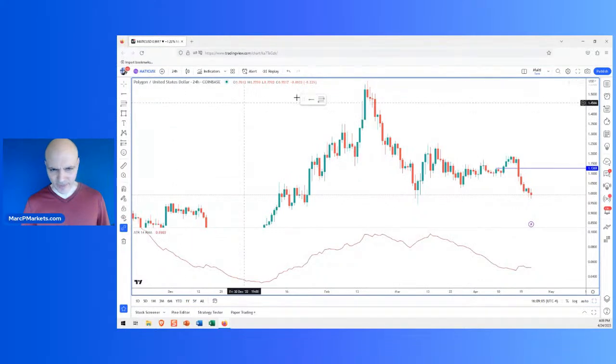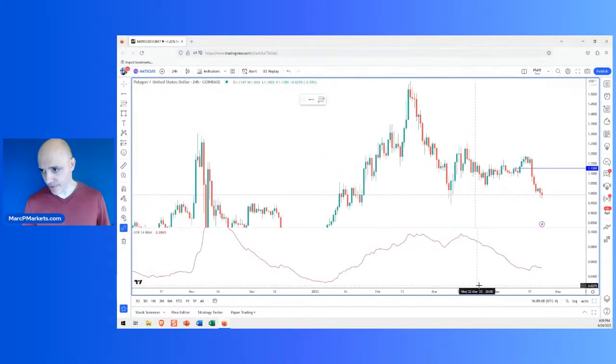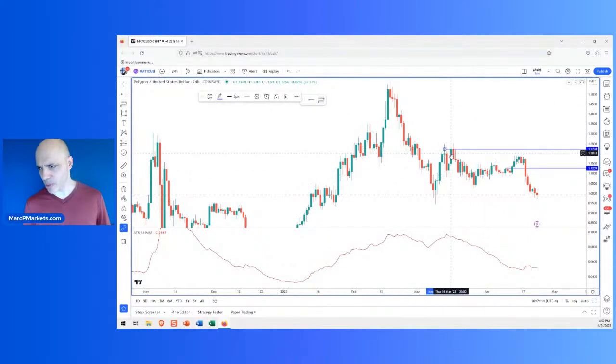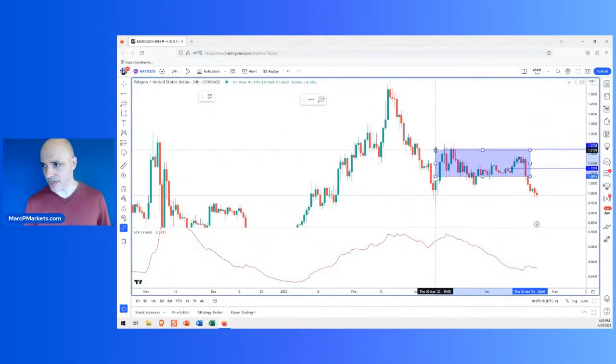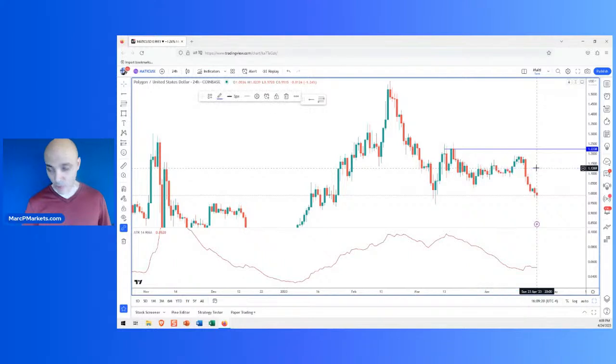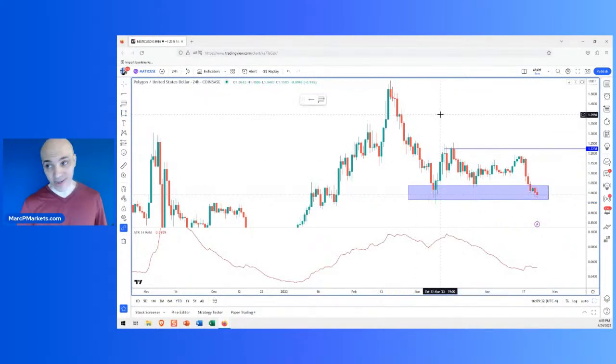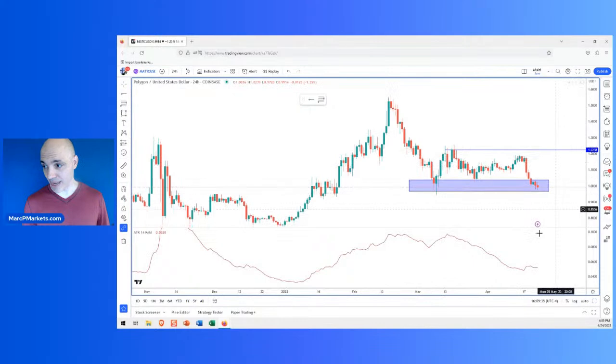Let's talk about Matic. First of all, this thing has been relatively weak all along. You have a resistance right here at, what is this, 123, and look at this consolidation. You couldn't even break that resistance. Bitcoin has turned, and this thing, which was acting relatively weak all along, and we had plenty of warning signs, look, it goes straight to its low. You see this? That is not good. That's certainly not a sign of strength.